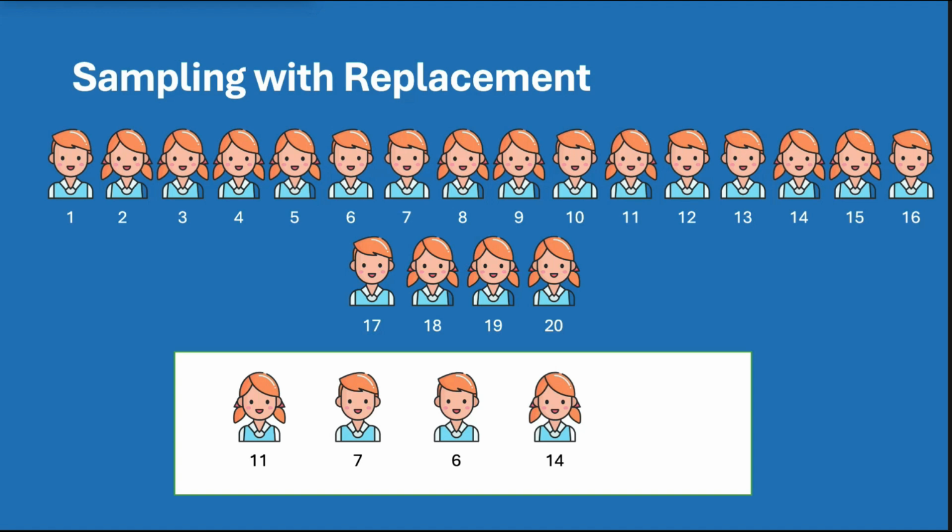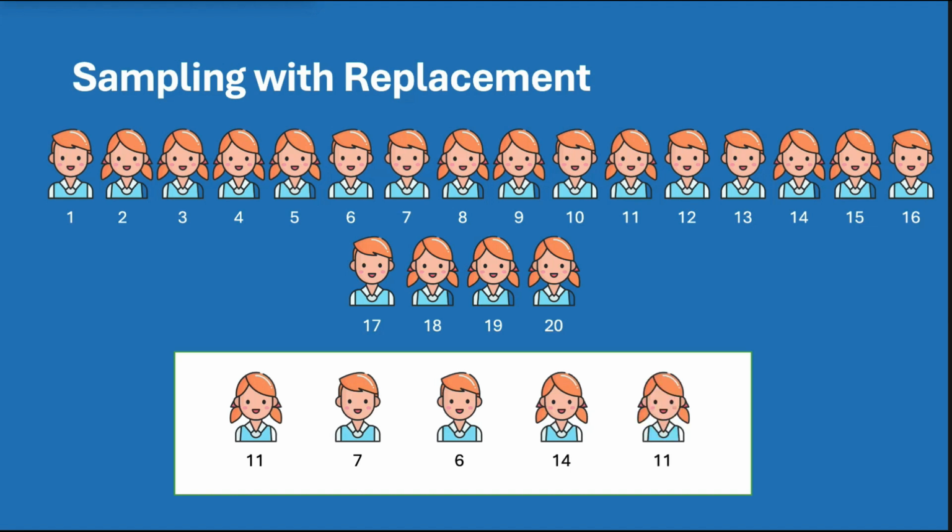I'm sure you have. As we choose students from the population, they remain available for selection in future trials. This aspect is what we refer to as replacement in random sampling with replacement. Consequently, this means we could end up selecting the same students multiple times for our sample. Indeed, that's what occurs in this example, as student 11 is chosen twice. While the sampling method may seem unusual, it is actually a crucial technique in machine learning known as bootstrapping. Bootstrapping is commonly utilized to assess and estimate the performance of features in a supervised machine learning model, especially when